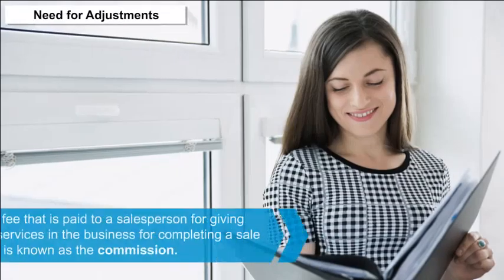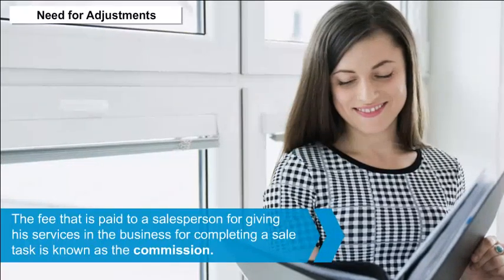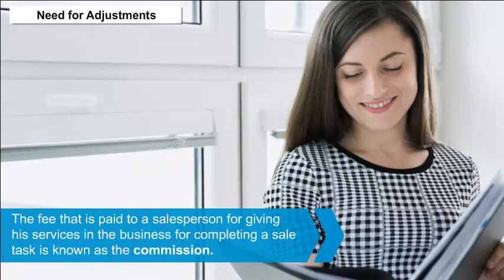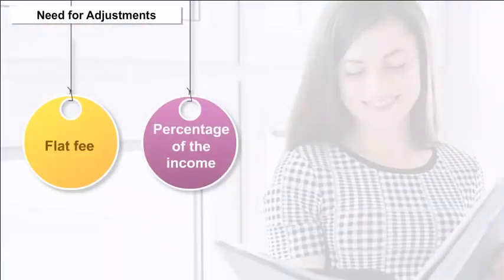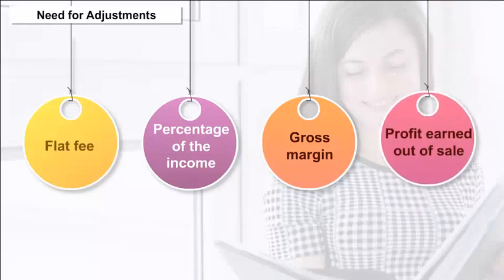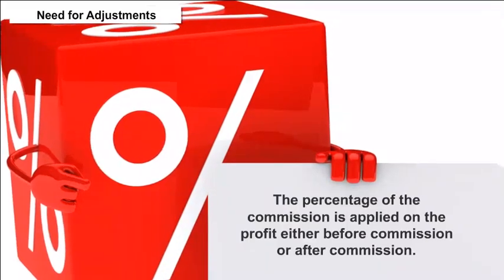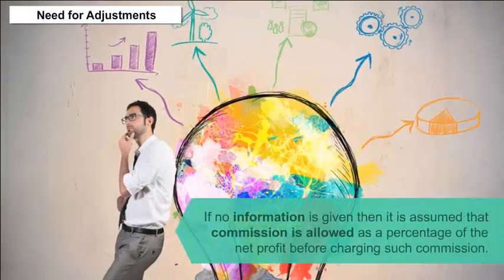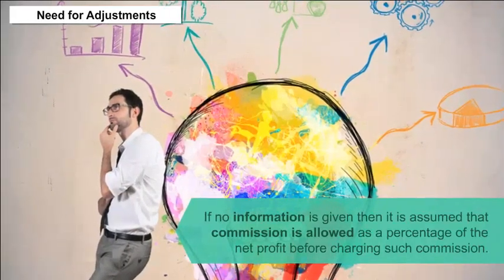Manager's commission. The fee that is paid to a salesperson for giving his services in the business for completing a sale task is known as the commission. The commission can be given as a flat fee or as a percentage of the income, gross margin, or profit earned out of sale. The percentage of the commission is applied on the profit either before commission or after commission. If no information is given, then it is assumed that commission is allowed as a percentage of the net profit